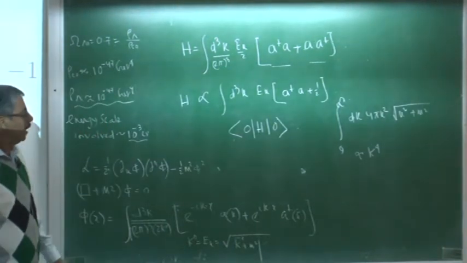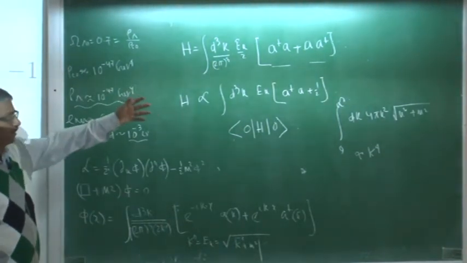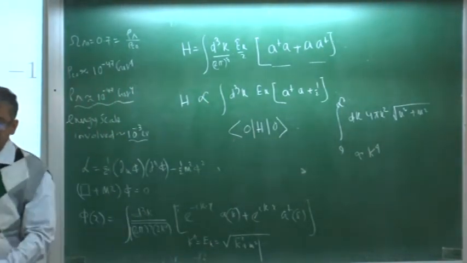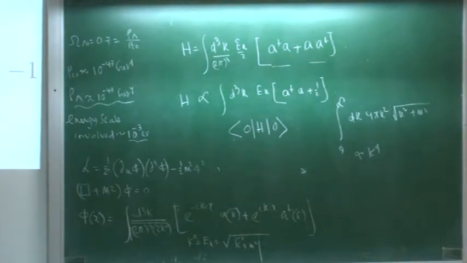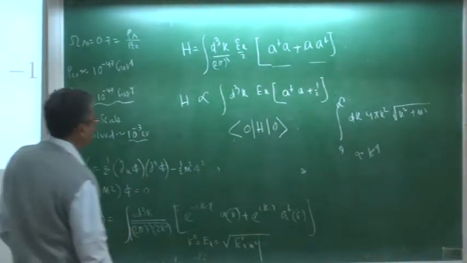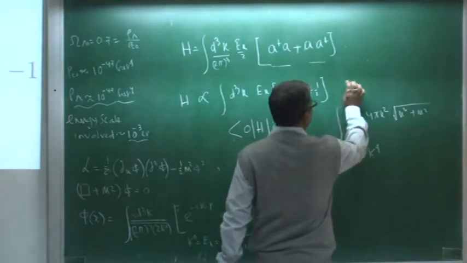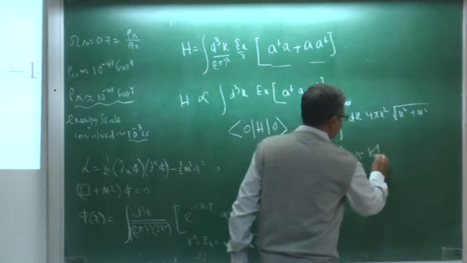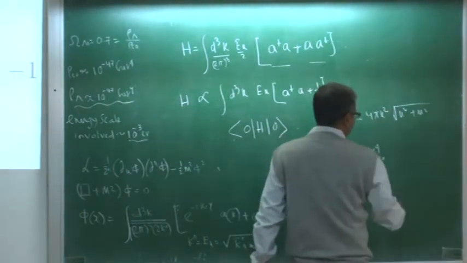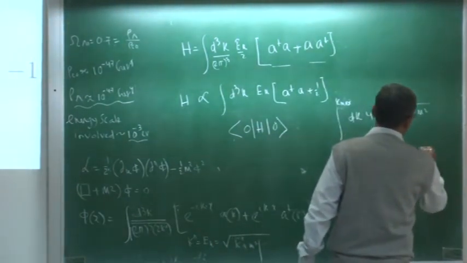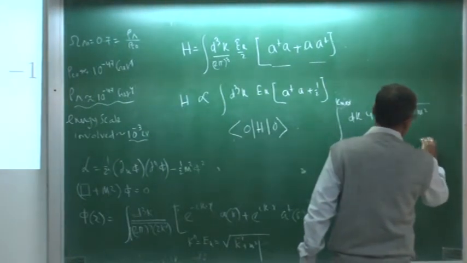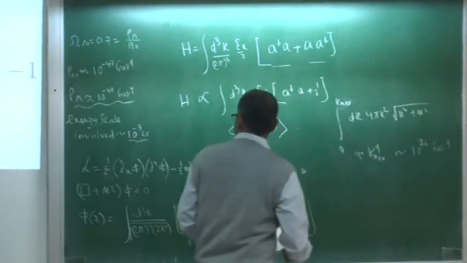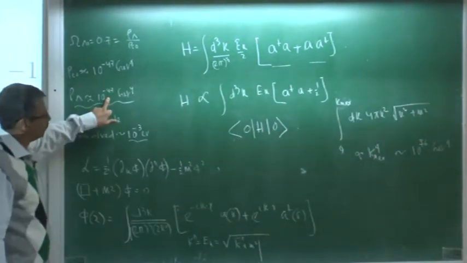But if I say that, because I am doing general relativity and then using a quantum kind of field theory, let's assume that I know my general relativity only up to the Planck scale. Okay, then I can cut off this thing not at k infinity but at k max. Fine. Then this will be some k max to the power 4, and if I put the Planck scale energy, which is 10 to the power 19 GeV, this will be 10 to the power 76 GeV to the power 4, and here I need 10 to the power minus 47 GeV to the power 4.